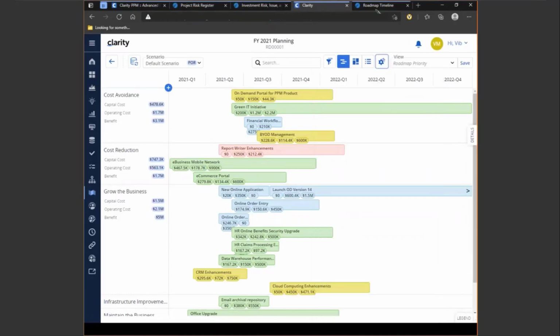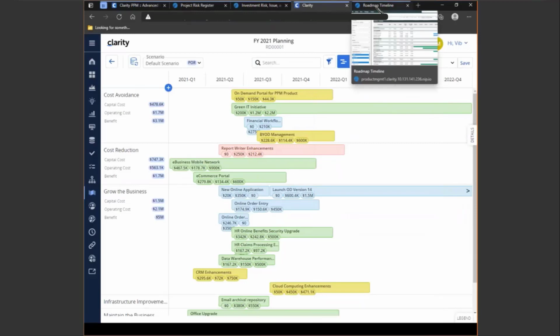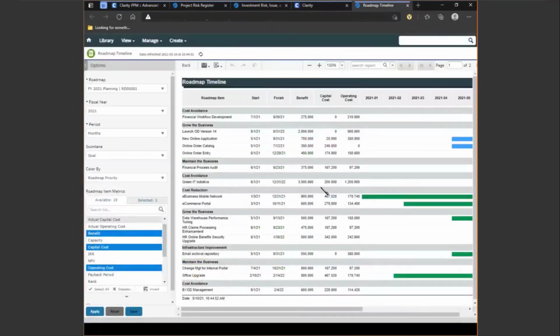If I go into my roadmap timeline report, when I go in here, I can pick my roadmap, my fiscal year, my period, and under the swim lane, I have the option now to pick the different values. These are values that are coming from the roadmap themselves. So if I was to pick a different